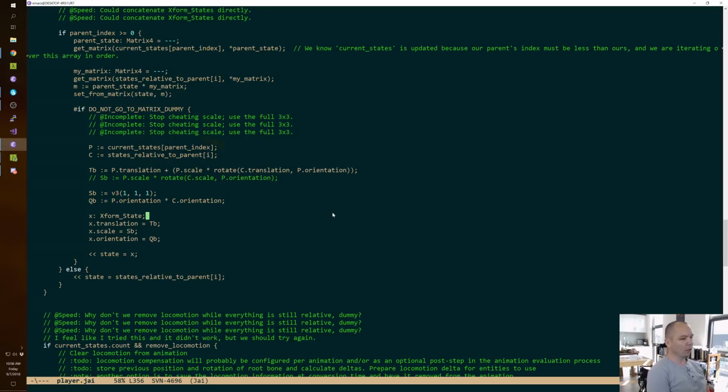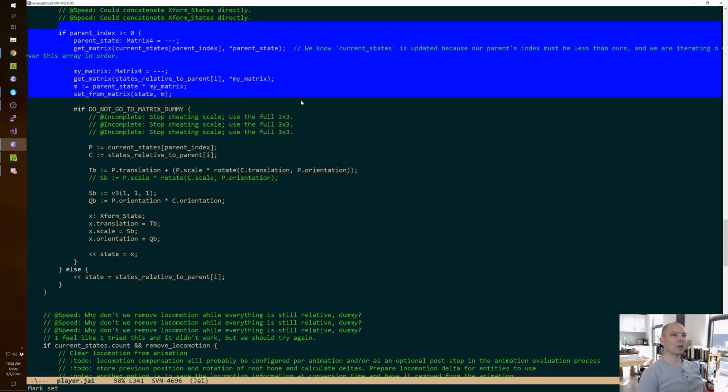In the previous animation stream, we were fixing problems with the animation system, and we were successful in doing that. But along the way, we noticed some other things. Like, for example, this piece of code here is the thing that concatenates transforms from the local space, the space of each bone, into the object space coordinates that we can then use